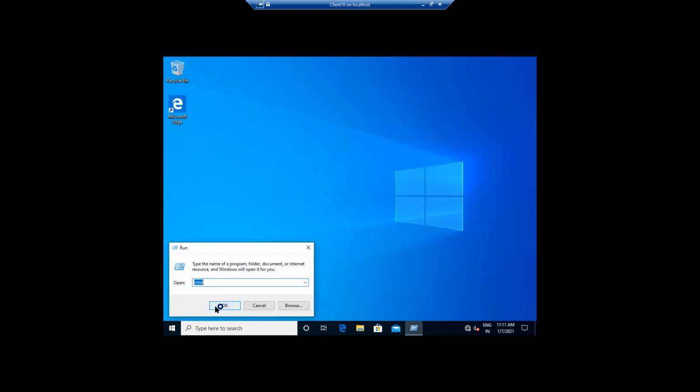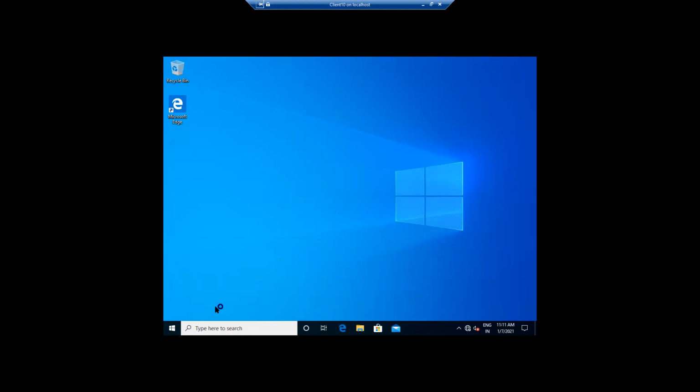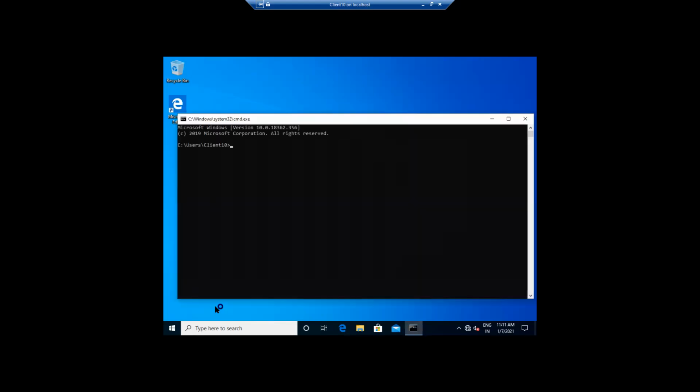This is CMD, right? So you will see this command prompt.